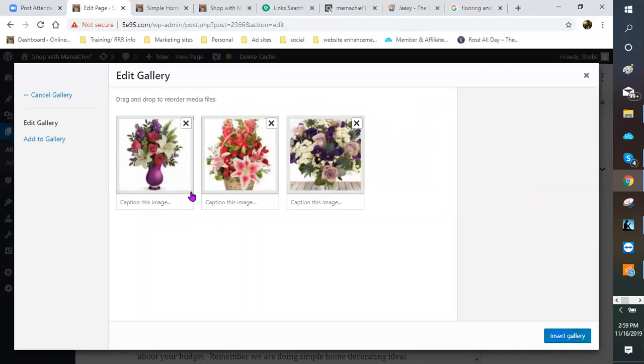I got a colored one, 2 purples, and like I said, I always try to put, if I'm creating a gallery, at least some kind of